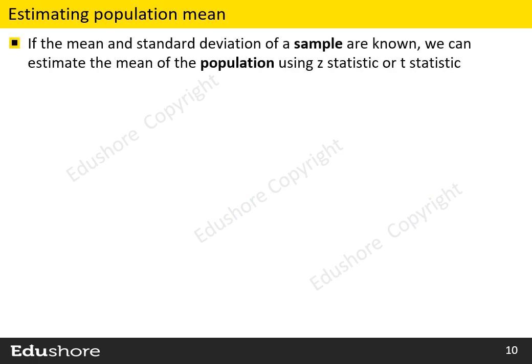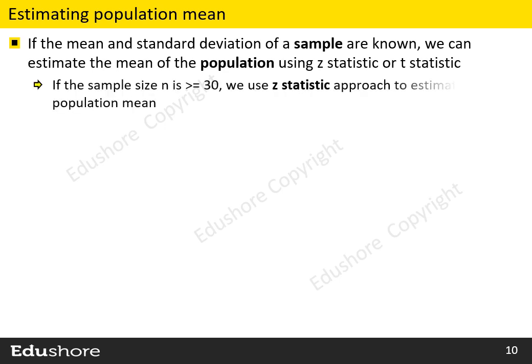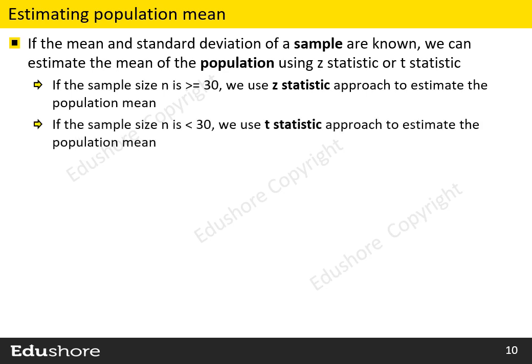Let us look at the procedure to estimate the population mean. If the mean and standard deviation of a sample are known, we can estimate the mean of the population using z-statistic or t-statistic. If the sample size n is greater than or equal to 30, we use z-statistic approach to estimate the population mean. If the sample size n is less than 30, we use t-statistic approach to estimate the